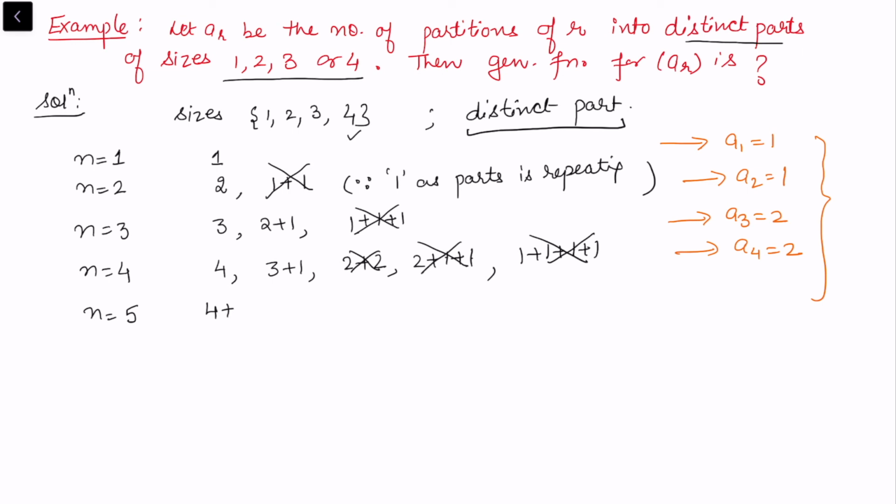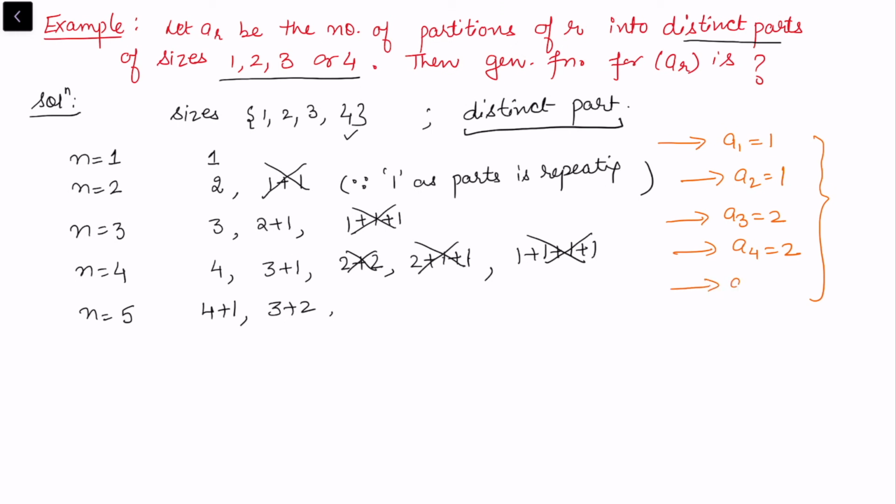In this case we can have 4 plus 1, we can have 3 plus 2. These are the only two possible relevant partitions for 5. Now I want to know what is the generating function corresponding to this one. What is the generating function which generates these numbers as a